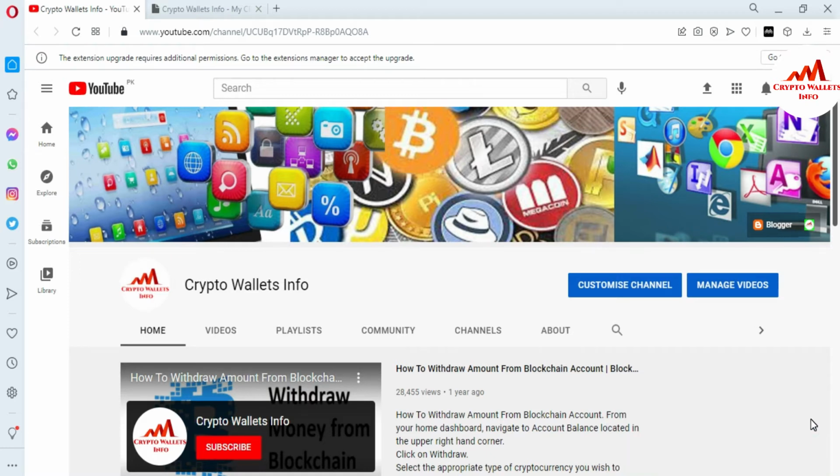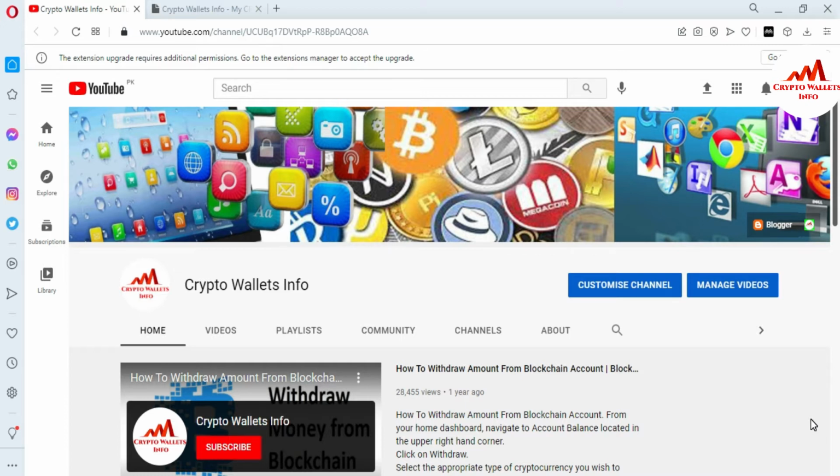So in the last video I gave information on how to add or remove assets from your Infinity Wallet interface. Sometimes you don't need all the coins in your interface, so you can easily remove them from your Infinity Wallet. How can you do this? It is so simple and easy. I already gave information about it. You can just go to my YouTube channel and watch that video. That video is very informative for you.